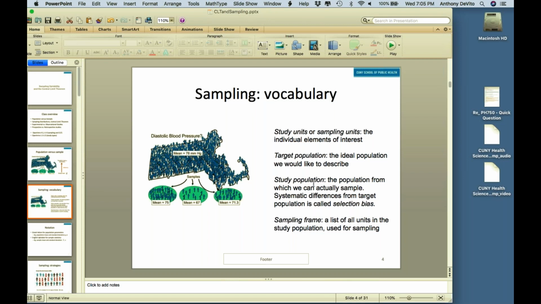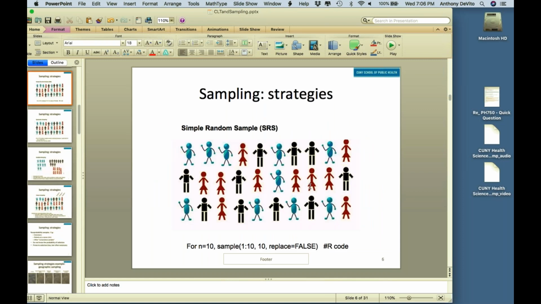To give you an example of that, let's say we want to measure the blood pressure of everyone. Well, we're going to do this by phone. We're going to call people up, ask them their blood pressures, right? So our target population is everybody in Massachusetts, but our study population is only going to be people that have phones, right? We can't get to everybody. Not everybody has a phone in Massachusetts. So if they don't have a phone, they're not going to be part of our actual study population. It's a little bit of a difference, right? You try to make your study population as close to your target population as possible. Sometimes that's not practical, though.